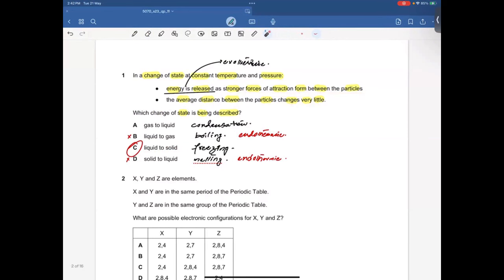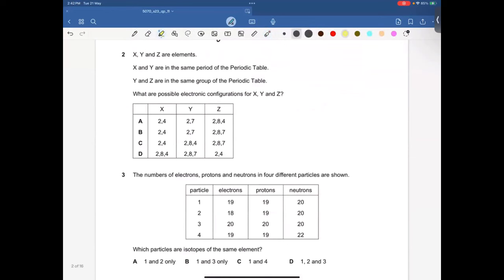Okay. Question number 2. X, Y, and Z are elements. X and Y are in the same period of the periodic table. Y and Z are in the same group of the periodic table. If X and Y are in the same period of the periodic table, which means they have the same number of shells. If they are found in the same group of the periodic table, which means they have